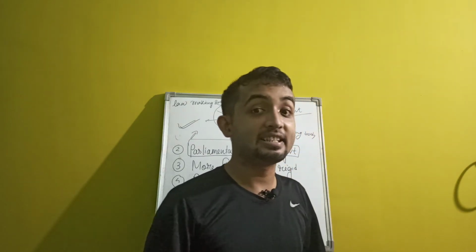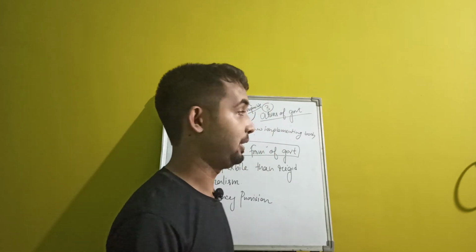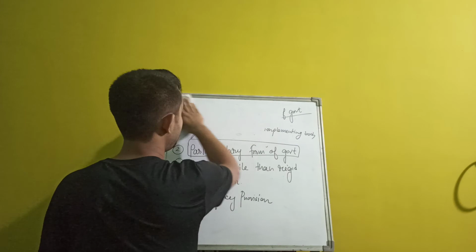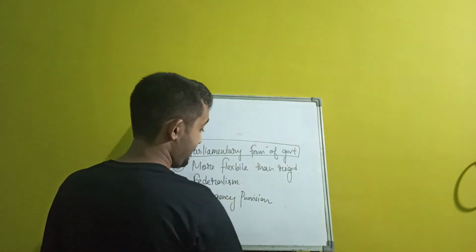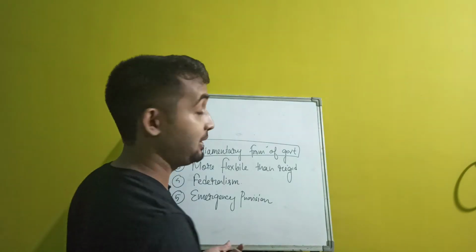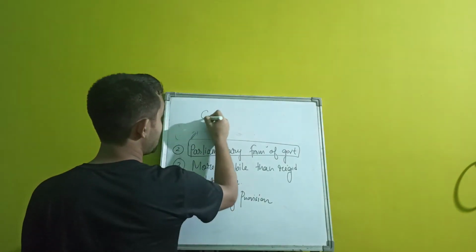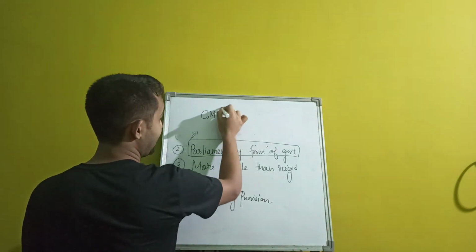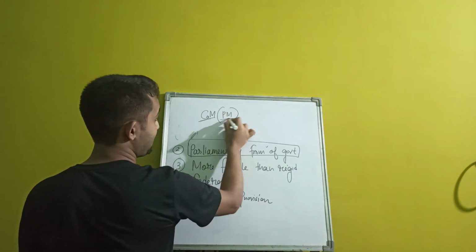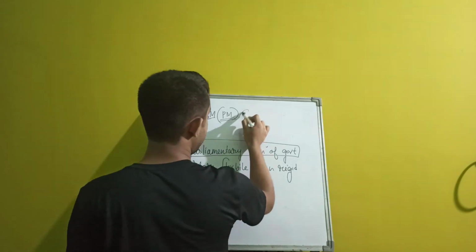That's why India is a parliamentary form of government. So we come to know that India is a parliamentary form of government because collective responsibility is there. For example, Council of Ministers headed by Prime Minister is collectively